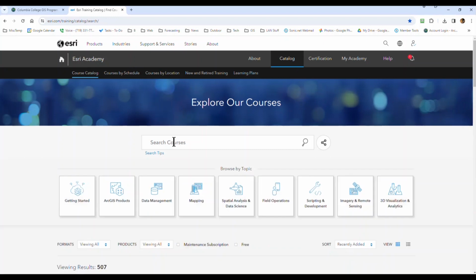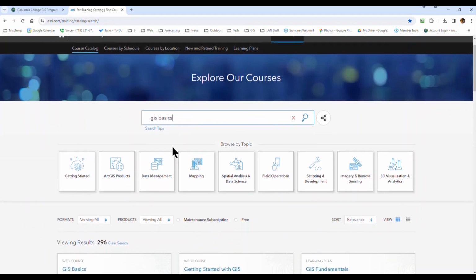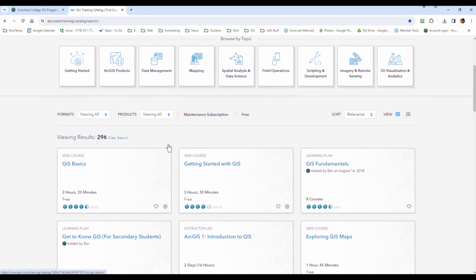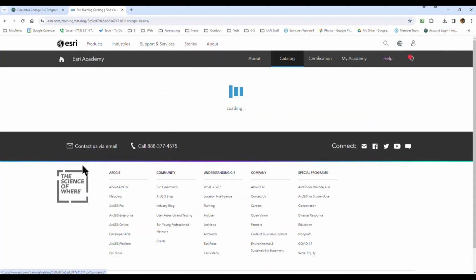and then you'll search for the two classes I'd like you guys to take. The first is JS Basics. You type that into the search bar and hit enter. And then it doesn't have a great search. It's not exact, but in any event, here's JS Basics. So you tap that,